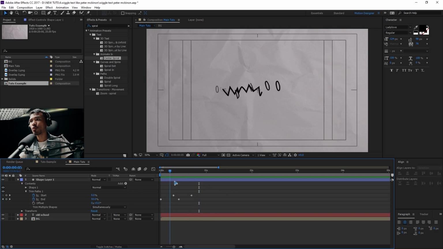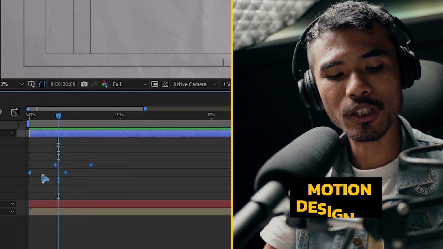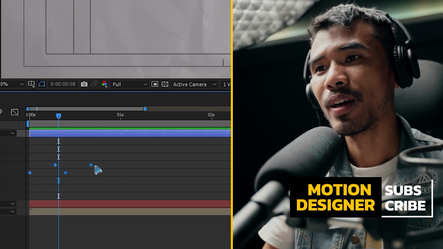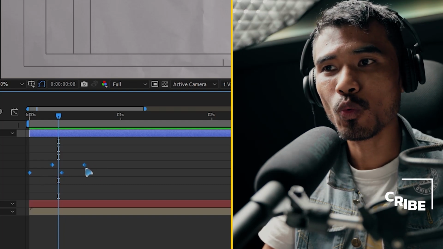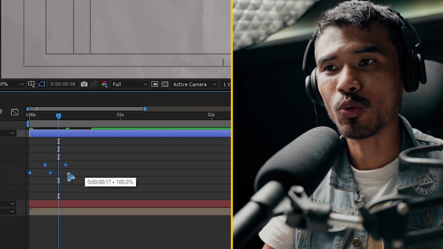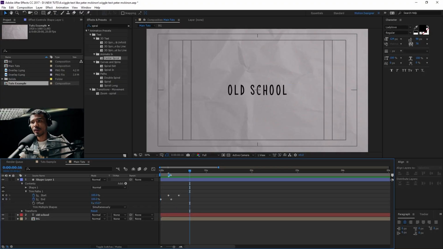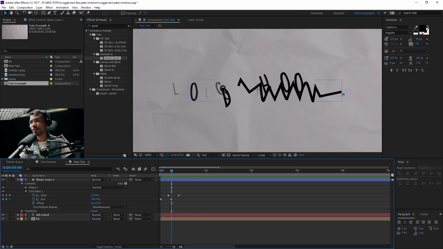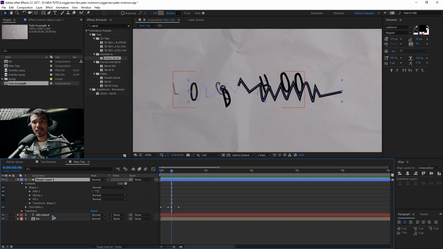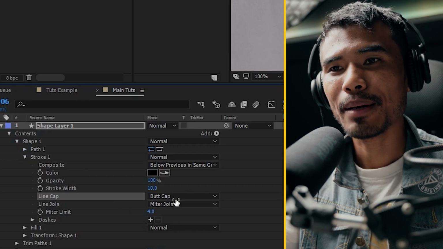animation. So if you think this is slow, you can select all the keyframes, hold down Alt on the keyboard and grab the last keyframe while holding down Alt. That will make the animation fast. All right, so one thing I noticed here, you have to change the stroke, this line cap, to